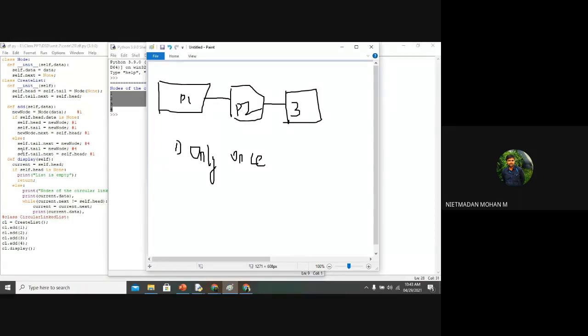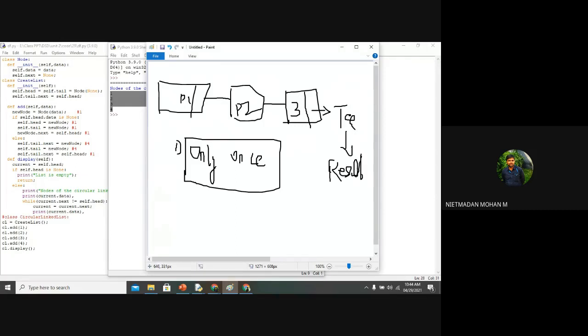When you are writing an algorithm, you want to define how many chances you are going to give for a particular player. Suppose the algorithm is written so that only one chance is given to each player. After the nth player, the game is terminated and the result is printed, showing which player is the winner. Like that, the algorithm has been written. For this algorithm, what type of linked list will you choose?